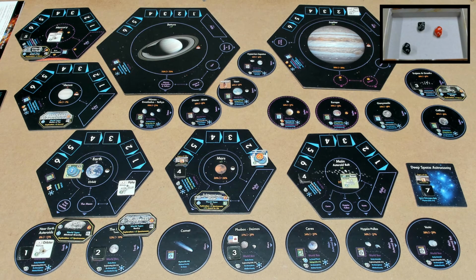So I say that, but they get a 25 on their malfunction, so that has malfunctioned, but they do, with their 8, they do get an exploration. So for the exploration, they get a 2. And for the malfunction, they get a 3. So we will remove this orbiter from the board